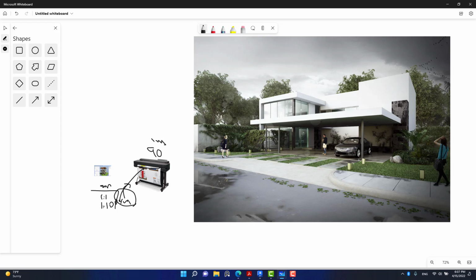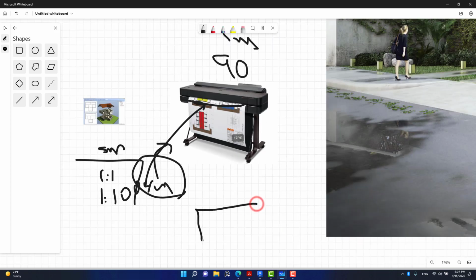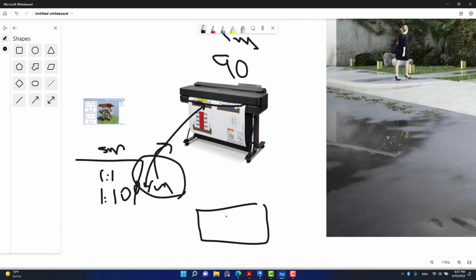You don't have it, so why do you do this? It's a waste of time, isn't it? So we should scale it down, so we will make it smaller. And when you know the scale of the paper, for example, you have A4 or A3, for example, this is A3, you can maybe make it 1 to